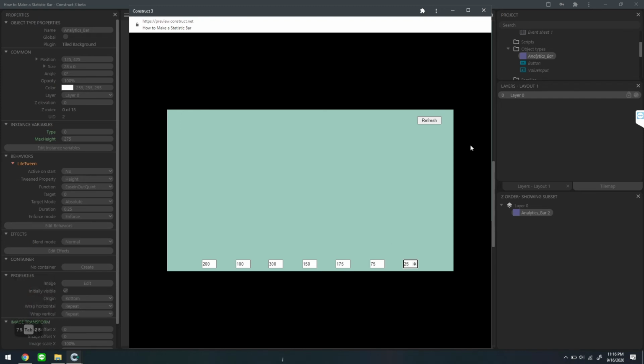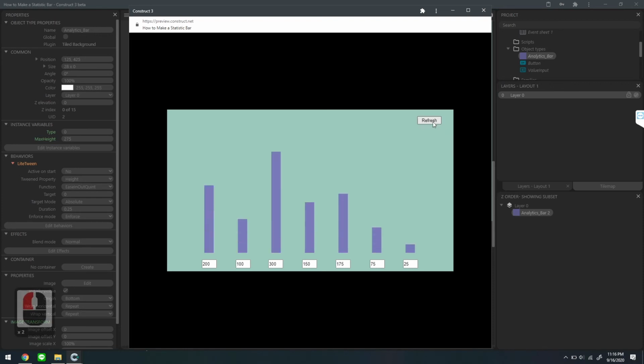And okay, I will try to press refresh, and this is how it needs to animate. But in this case, you can set an unlimited value like this. So this height will become 855. See,